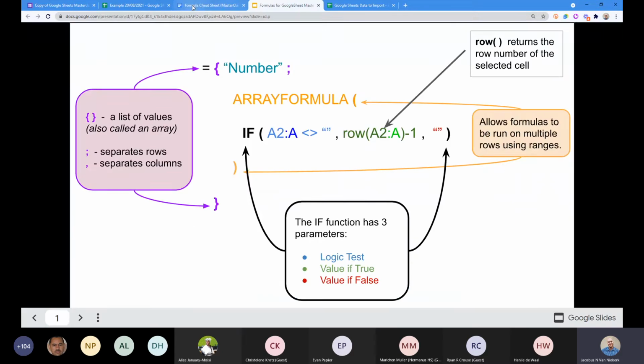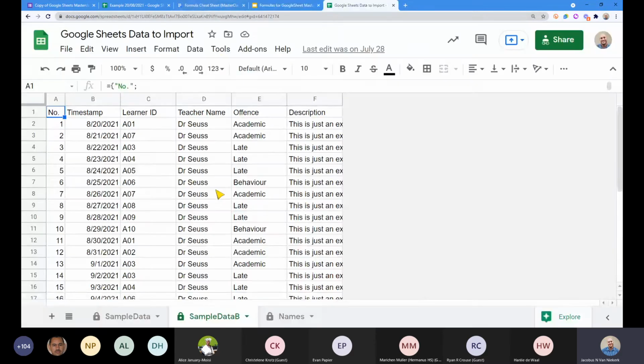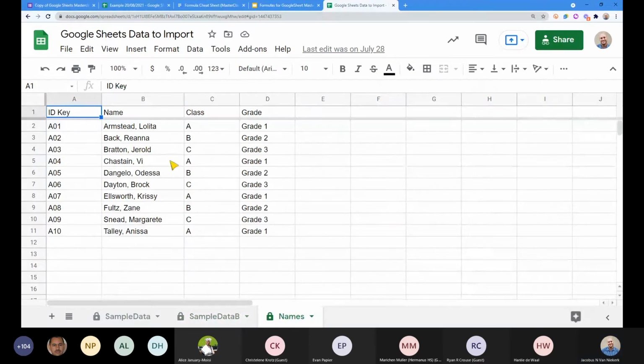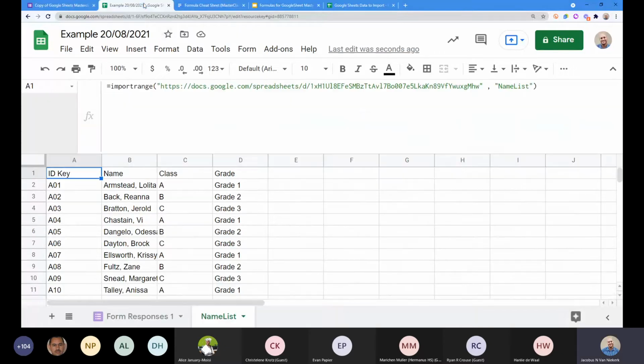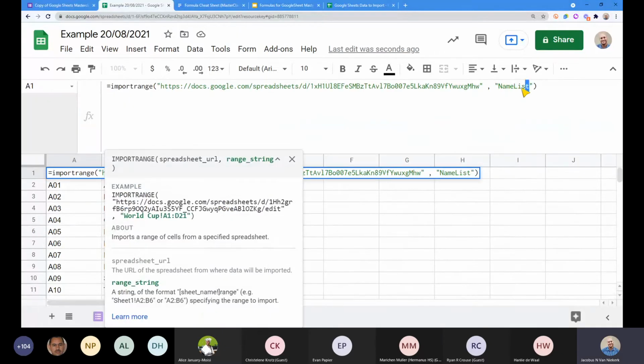So there we go. If you don't do that, we're going to have to know what the range is. Now, what I mean by that is, on this end, we're actually going to have to say names, exclamation mark, A1 to, I think it would be D11.